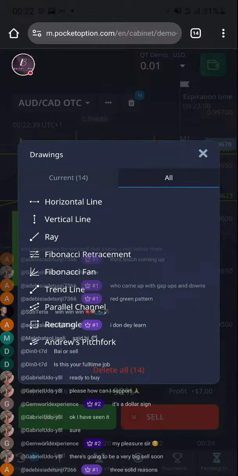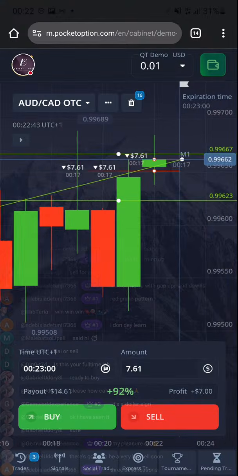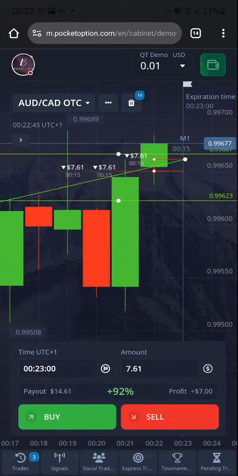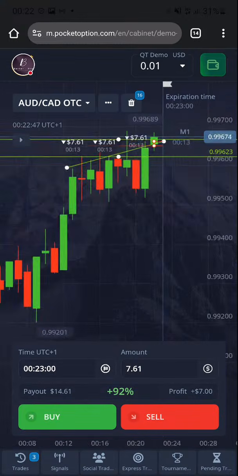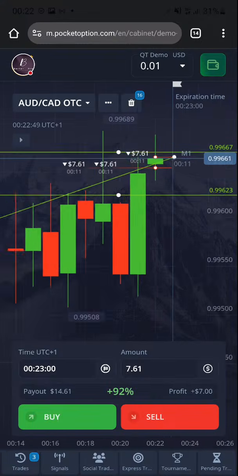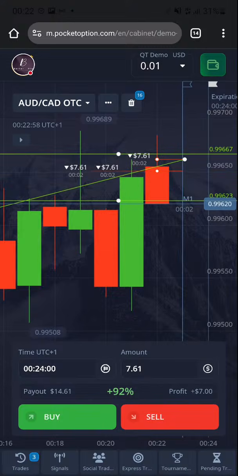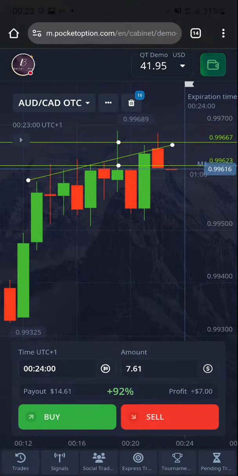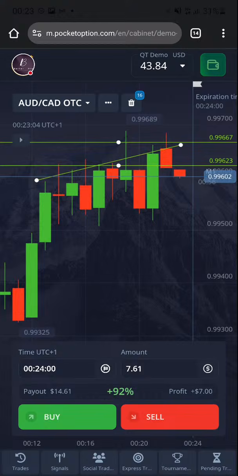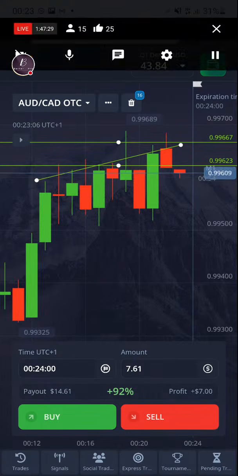If the sellers don't come in, yes, three solid reasons. If the sellers don't come in and they don't give us a red candle, that proves my point that the market is messed up. And it happens like that. I don't feel bad when the market goes haywire, but I wasn't expecting this to go haywire. Good, it didn't go haywire, so we should feel good.